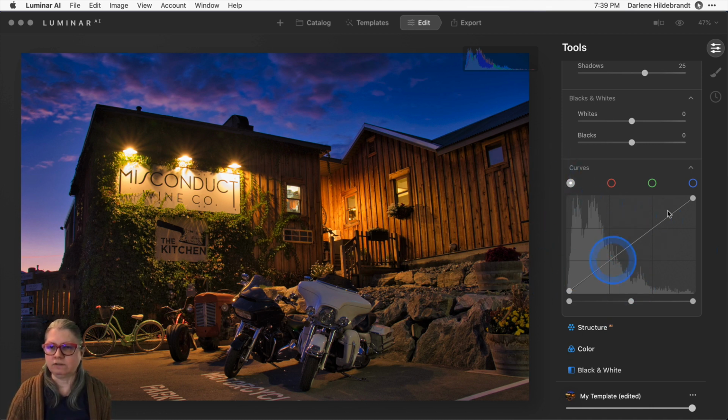This is the curve. If you're not used to using curves or what they mean or what it looks like, you'll see that there's a graph in the background that looks suspiciously like the histogram. That's because it is. On the left of the curve is black, and on the right is white. Now you might say, Darlene, it's not a curve, it's a straight line. That's correct. So a straight line is basically an unadjusted curve, right? So it's what's called a linear curve or a straight line.